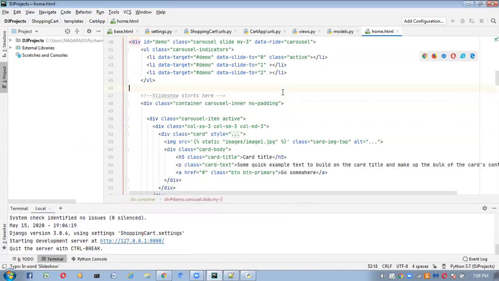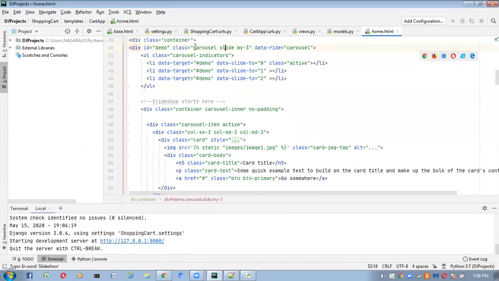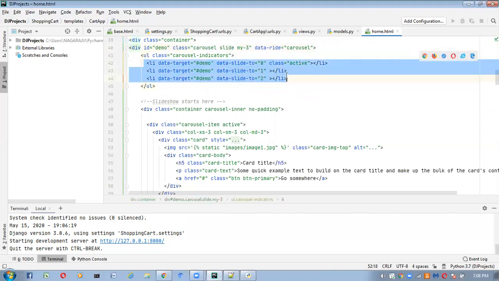Right. So now here we are taking the carousel slide class. It will represent slideshows. In the last video, by default, we took a total of 3 slides. But now I don't want that many slides. Based on my products, I want to generate these slides. But you should have at least 1 slide. Minimum you should have 1 slide.